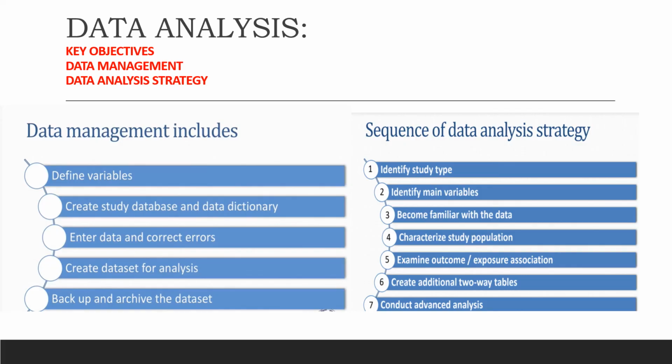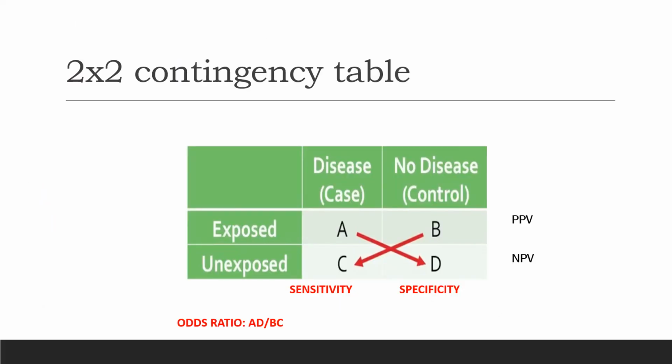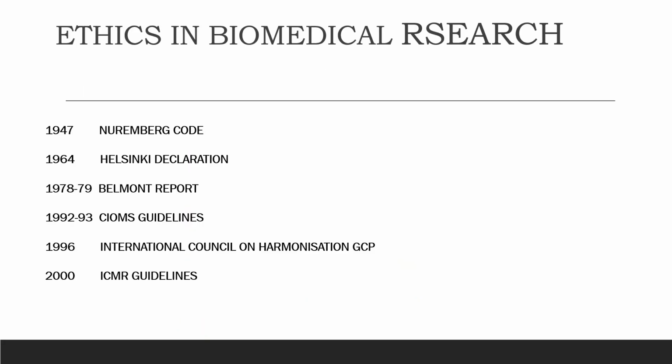So these are important, coming to the 2x2 contingency table. Understanding of these would go a long way in helping you solve the small calculational MCQs which you might have in your exam. So firstly understand this. Now coming to a bit of the ethical part,